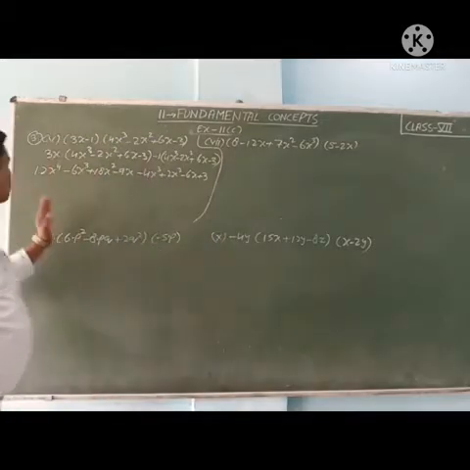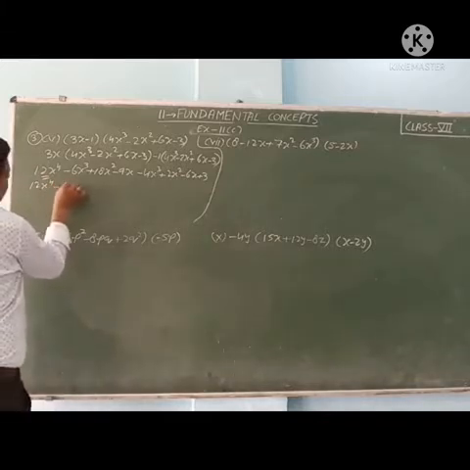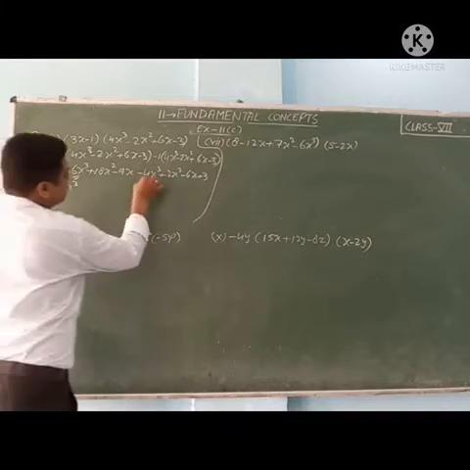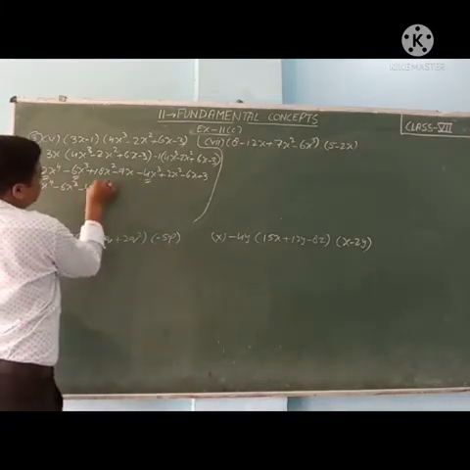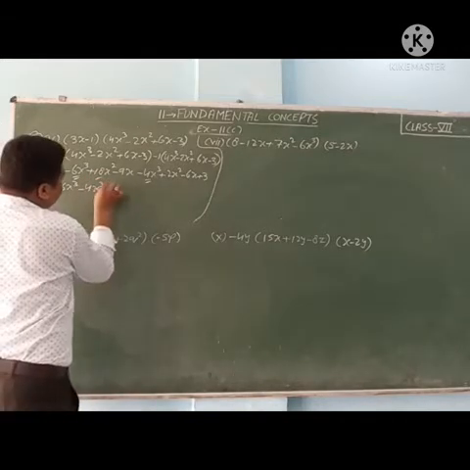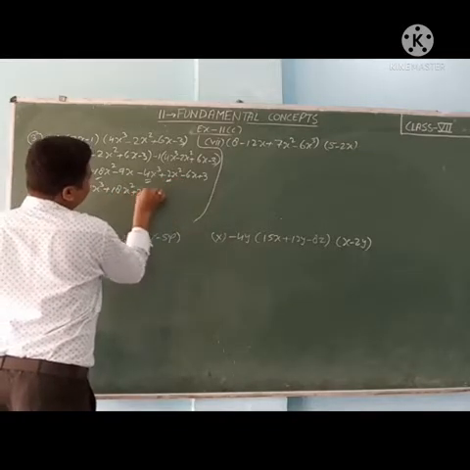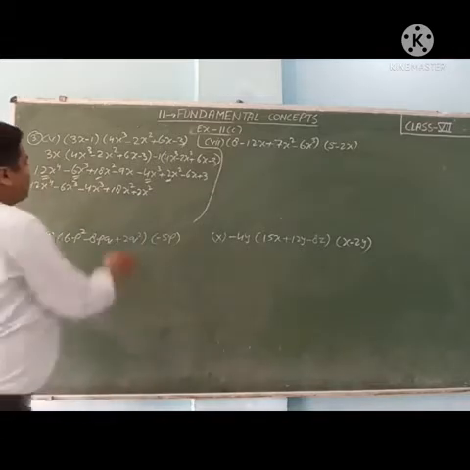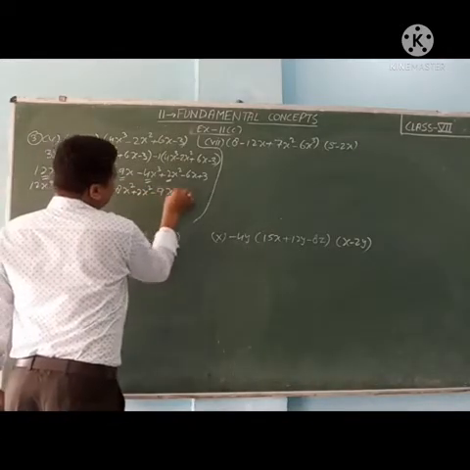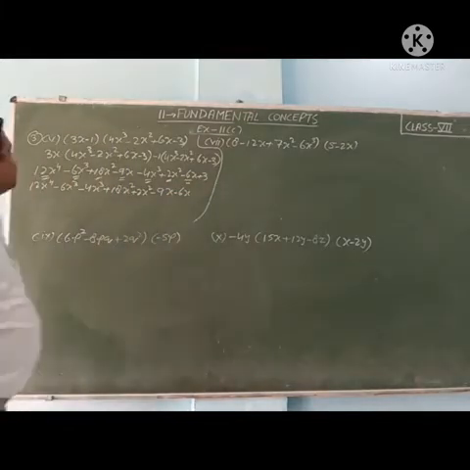So now we will see the like terms. So 12x4, any other x4? Just keep, no. Minus 6x cube, any other x cube? Yes. Minus 4x cube, any other x cube? No. Plus 18x square, any other x square? Yes. Plus 2x square. Then minus 9x, any other x? Yes. Minus 6x. Then this plus 3.